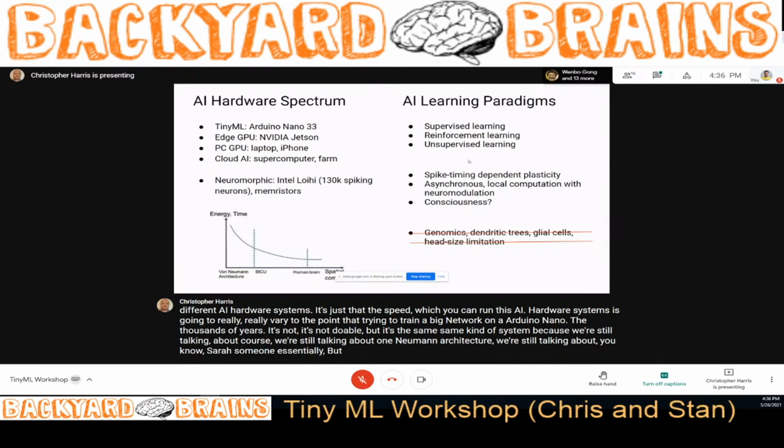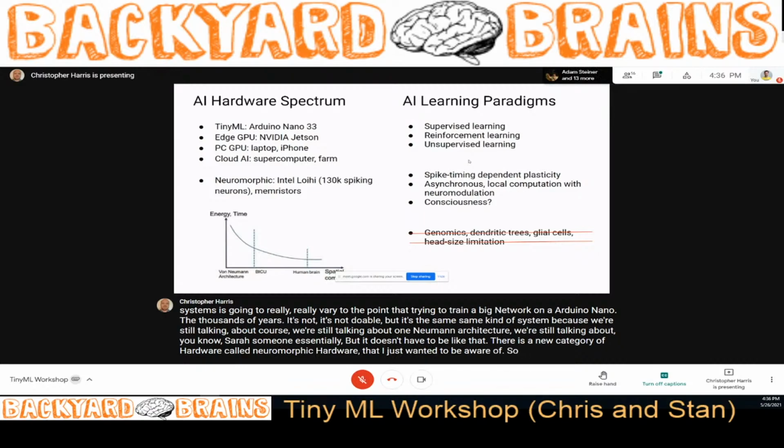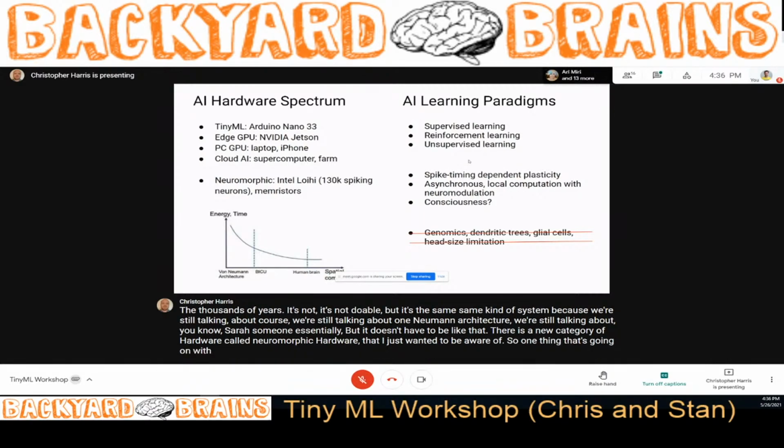But it doesn't have to be like that. There is a new category of hardware called neuromorphic hardware that I just want you to be aware of. So one thing that's going on with normal CPUs and GPUs is that the rate at which they've become better, which has been steady, this is Moore's law, since the 60s,